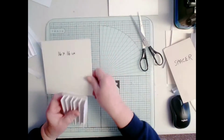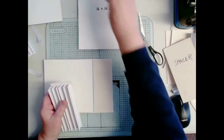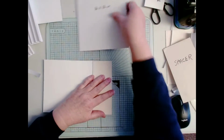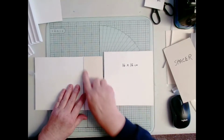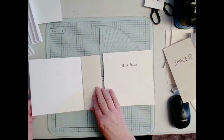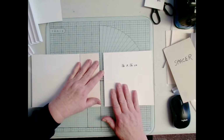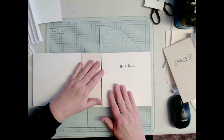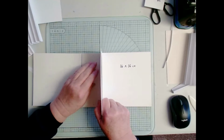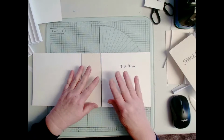Okay, so we're going 16 by 16, and the first thing we need to do is to join our bits together. So if you have a look here, I've got my flap and I've made a hinge. It goes both ways, and to do that I place this a little way apart. Now I use a spacer the same thickness as the mount board to just give me my spacing